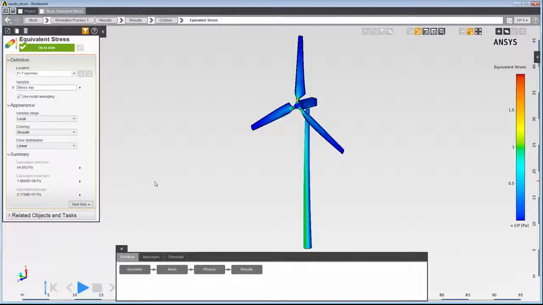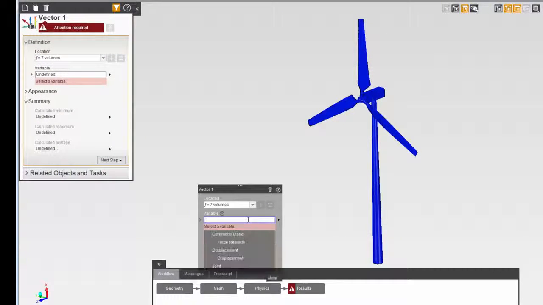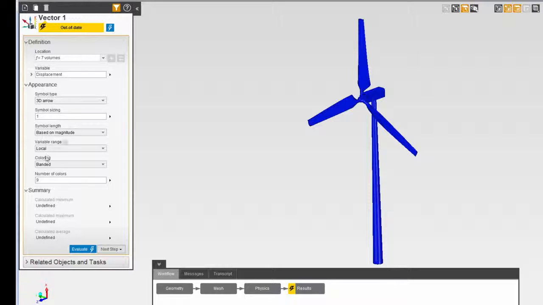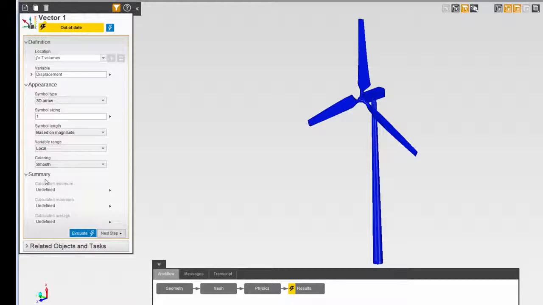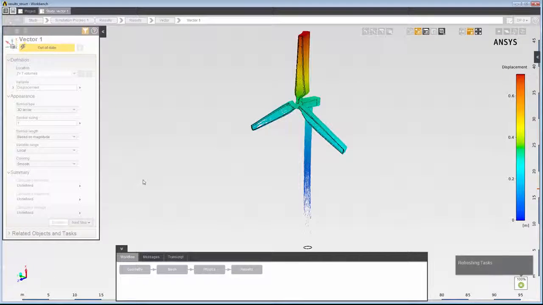I can use vectors to see the direction and magnitude of the displacement of the wind turbine. I'll right-click in the graphics viewer to create a vector result. In the property panel, I'll select Displacement as my variable. In the task page, I'll change the appearance of the vector by selecting Smooth from the drop-down menu under Coloring. When I update the task page, I can see that the displacement is highest at the tip of the vertical